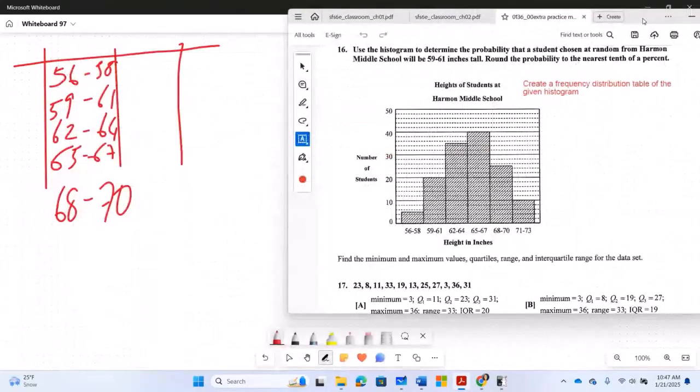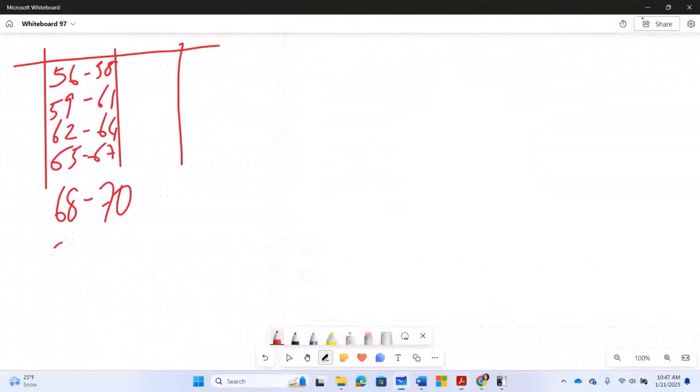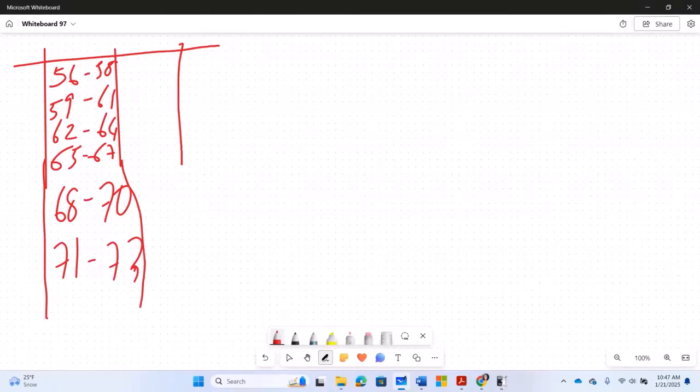All right. So now the next class is 71 to 73. Remember what I'm told to do. They gave me this frequency histogram, and they did not give me the original data. They want me to recoup as much as I can, because as soon as they finish